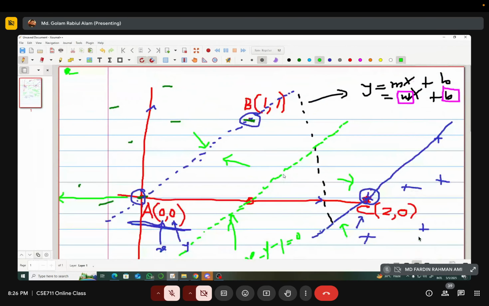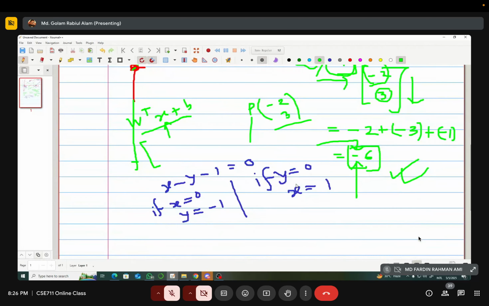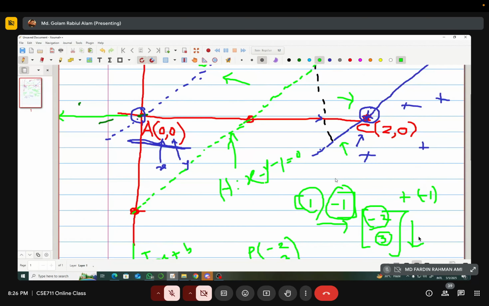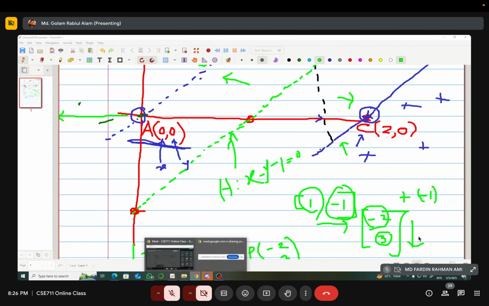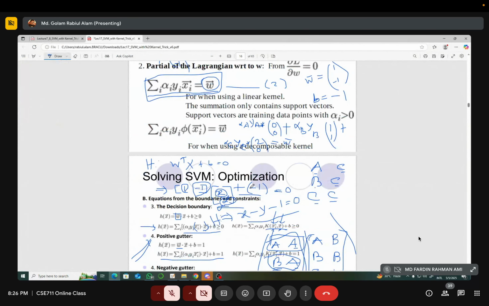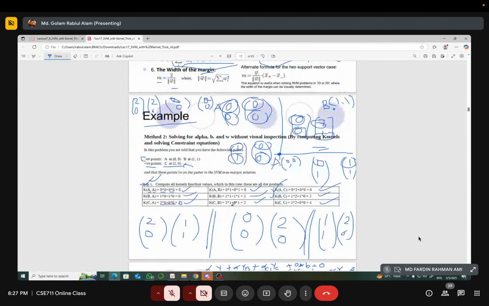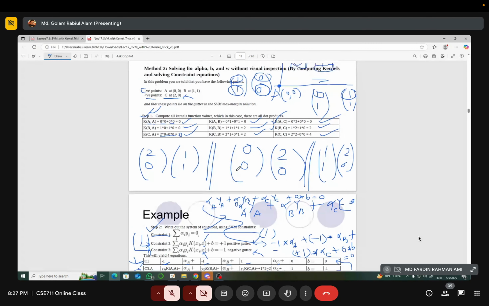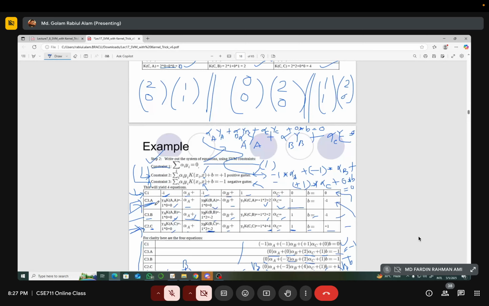So this is how we need to solve any problem if the data points are given, data sets are given. The first thing is we have to determine our support vectors, and then based on the support vectors, we have to utilize those equations, find out the dot products of the kernel values, and then use those to form